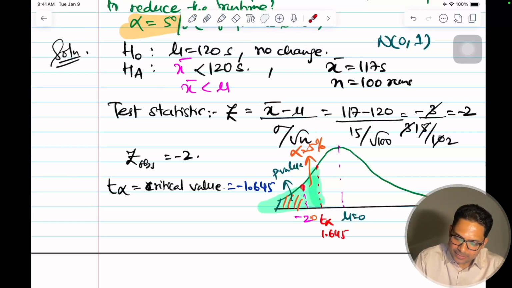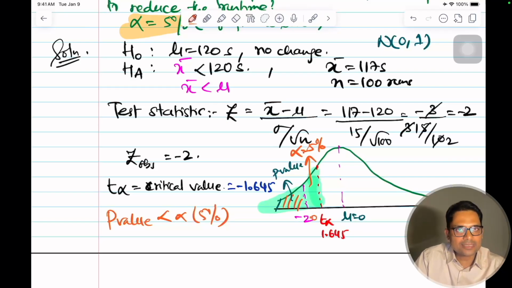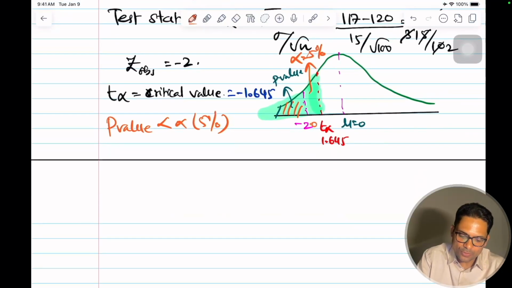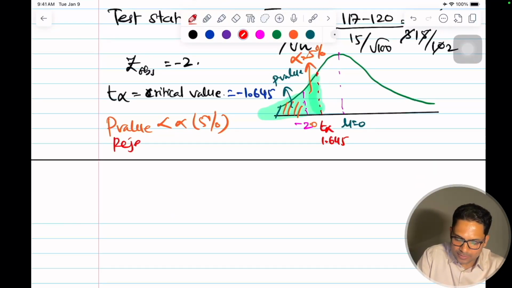But if you see, my observed, T observed or Z observed is towards the left, so the area under this curve would be definitely less than 5%. Means, what does this say? That the p value is less than alpha or 5%. So this is less than the significance level. So what do we do? We reject the null hypothesis